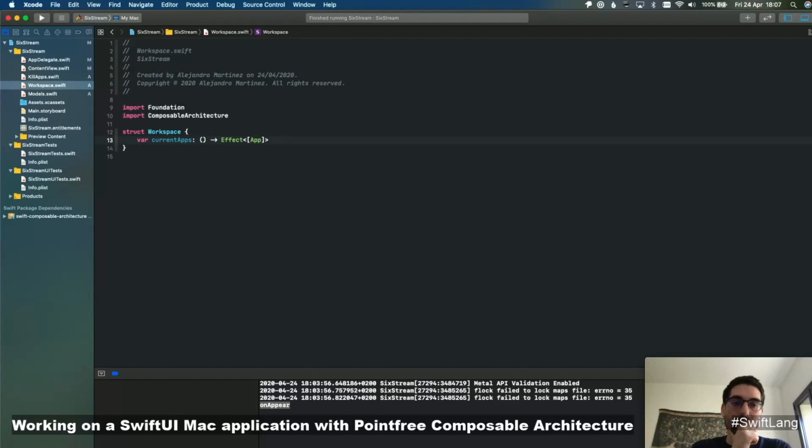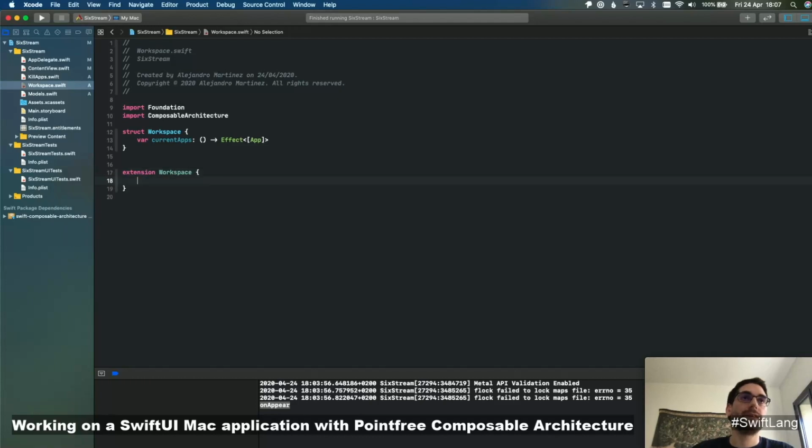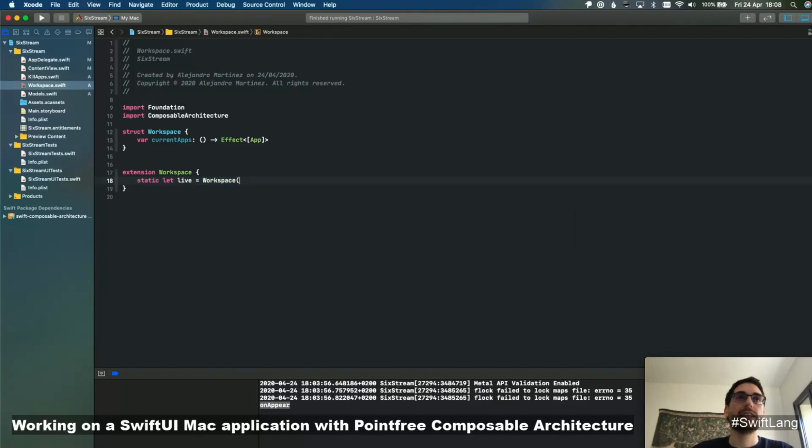So it's a struct again because we don't need an object that we keep around and everything. We just need a function that gives us this effect, and the architecture is gonna take care of executing it. What we can do, which is a nice pattern, is make a static let for live, and that's what's gonna make the live version of the workspace environment. And here you create